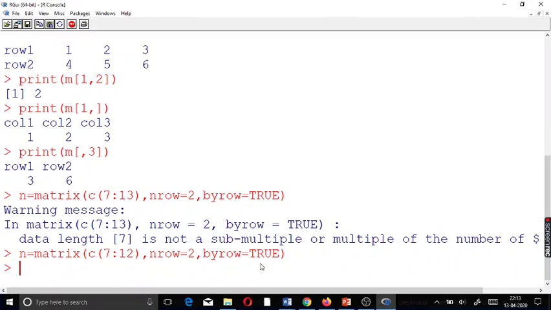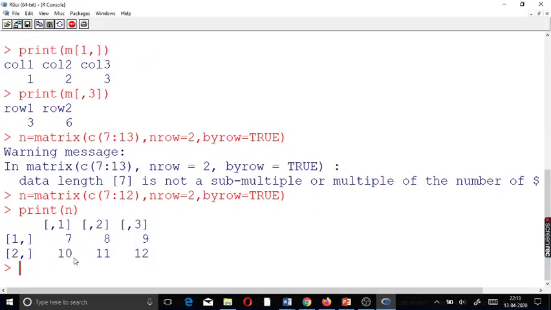Okay, so now that warning is gone. Fine. Now I am going to print this matrix and check. Yes, so you have got 7, 8, 9, 10, 11, 12. In this case it should have been either 12 or 14, not 15. It should have been 14.